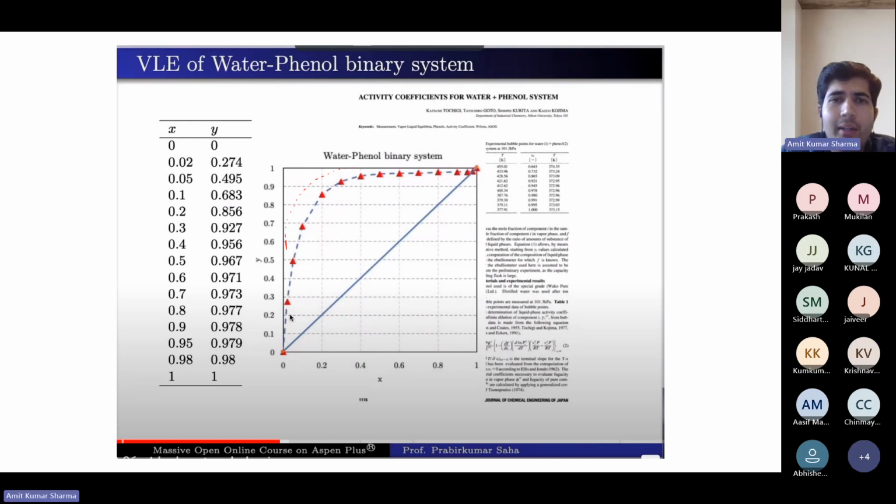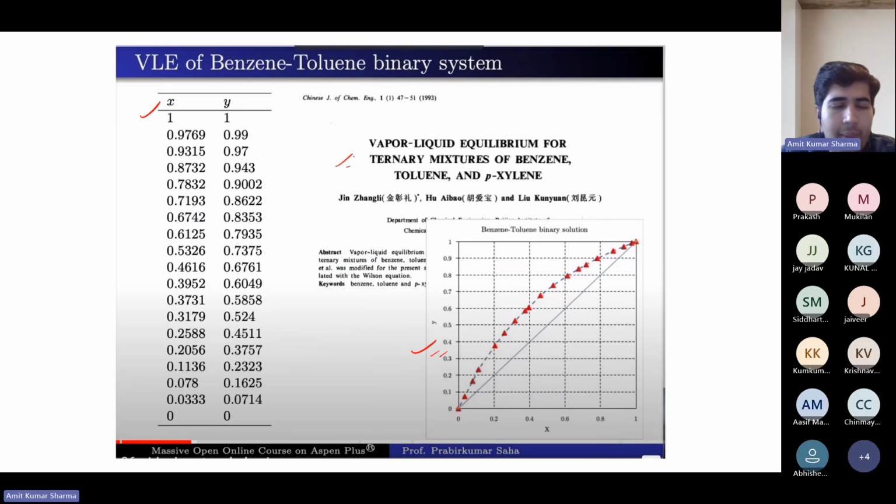So the point is that we have predefined methods in Aspen and we can do the experiment. The point of modeling software like Aspen is that if we change the composition, we can change all the things and predict the results. We don't have to do the experiments. That is our aim.